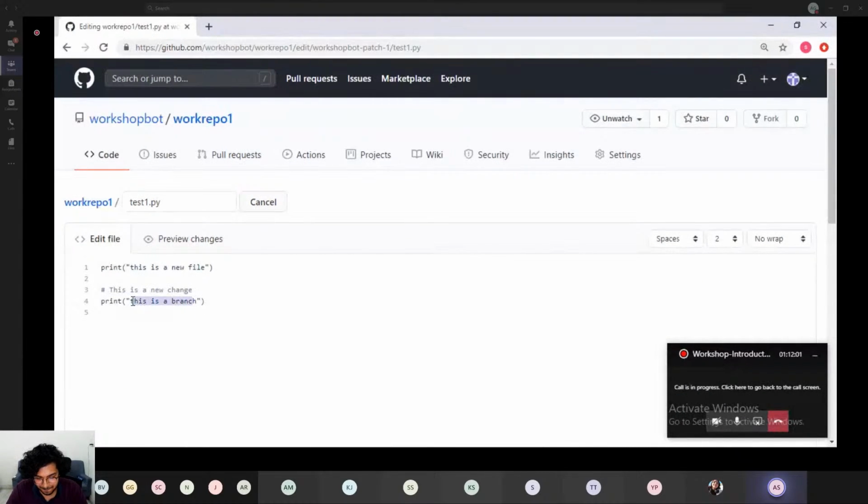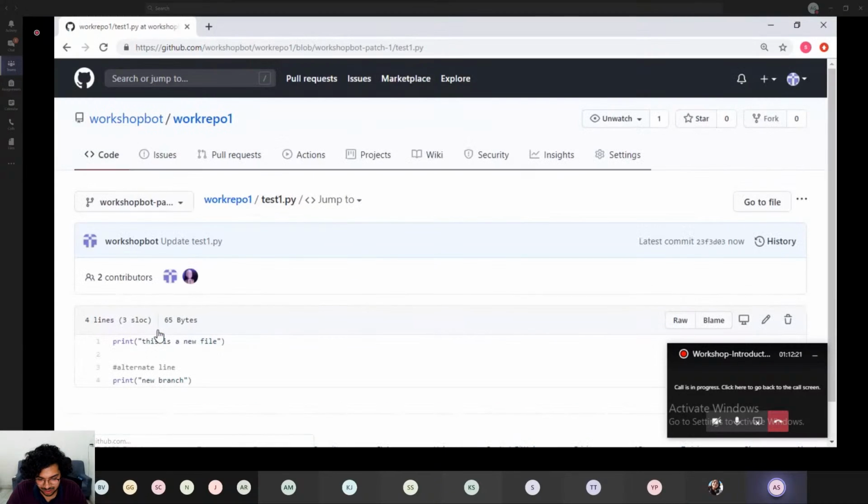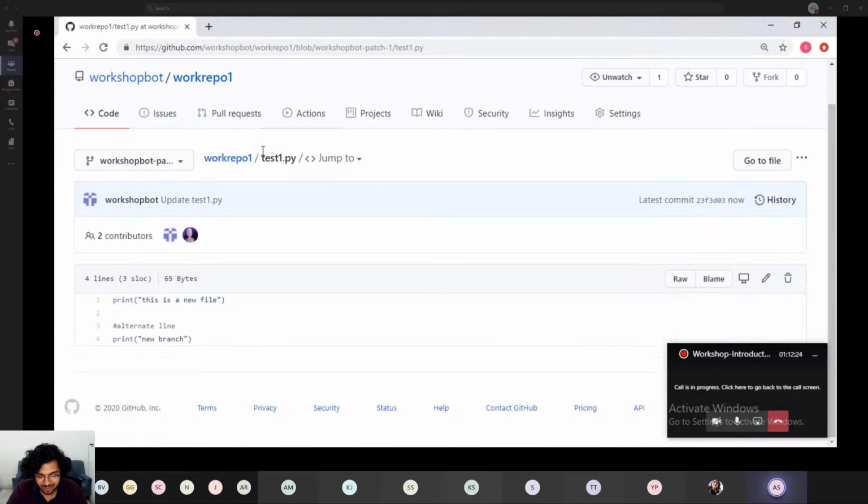I'm going to change this as branch, and alternate line, and I'm going to commit it to the patch one branch. See, so the changes are made to the patch one branch.